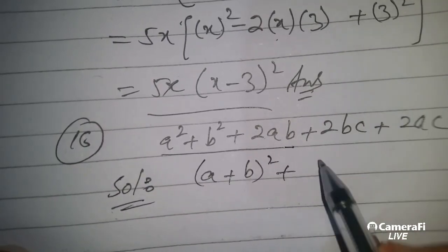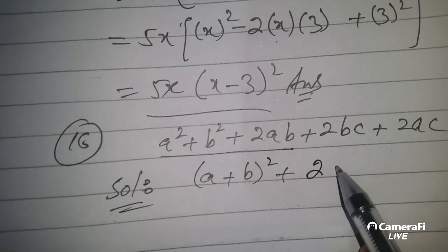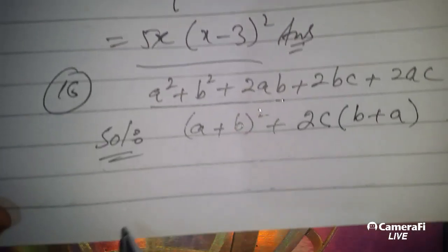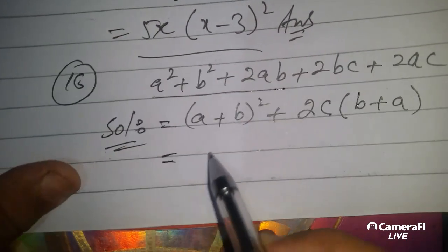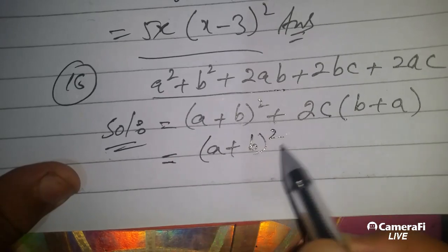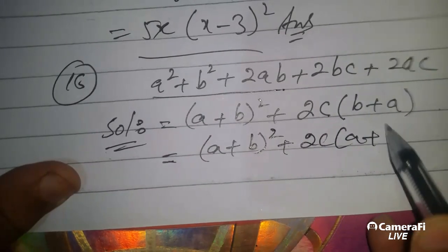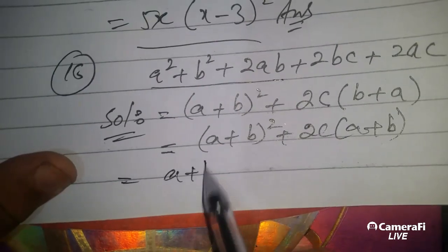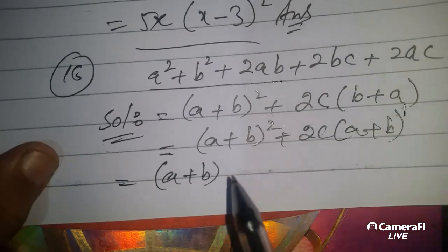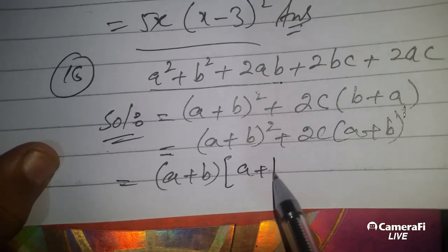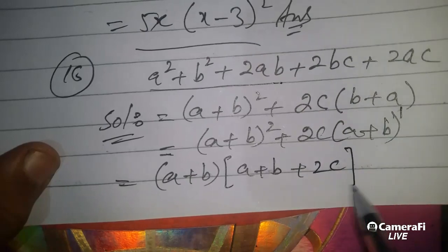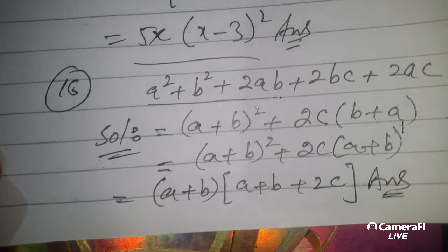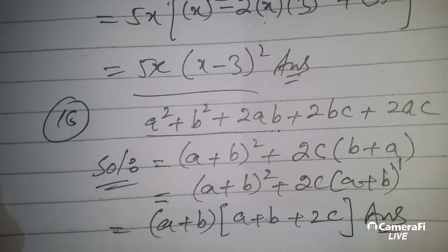है। इनमें से क्या चीज़ कॉमन आ सकती है? 2 कॉमन आ सकता है और सी कॉमन आ सकता है, पीछे रह गया बी प्लस ए, जिसे आप अरेंज करके लिखना चाहें तो लिख सकते हैं ए प्लस बी। इन दोनों रकमों में से a प्लस बी की स्मॉलेस्ट पावर है 1, उसको कॉमन ले लेते हैं, पीछे रह गया a प्लस बी प्लस 2c। तो ये हमारा फाइनल आंसर आ गया जी। और इसी के साथ हमने एक्सरसाइज 2.1 कंप्लीट कर ली है।